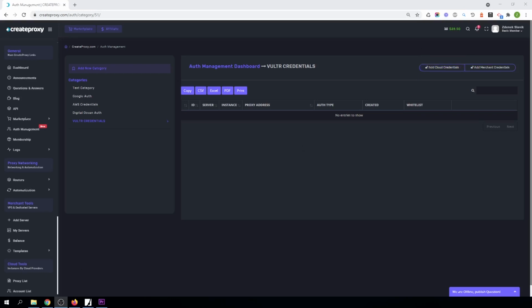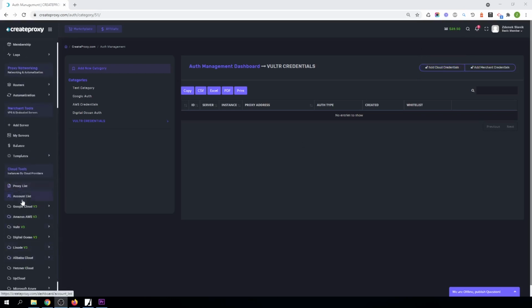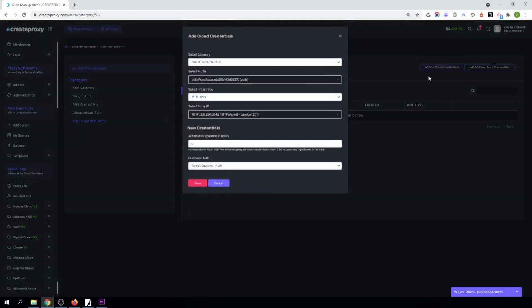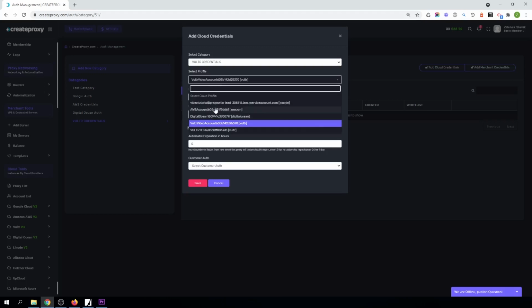With this you can add any provider from cloud tool section. So let's click on add cloud credentials and select VULTR profile that we want to create credentials for. So as you see, you can find here all your cloud tools accounts,